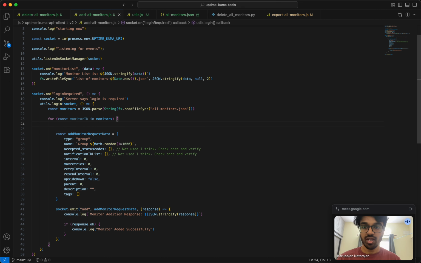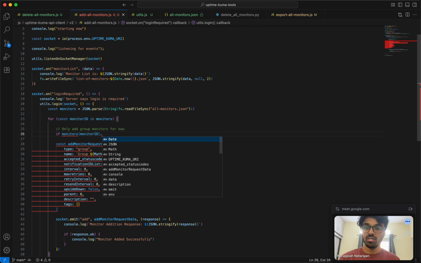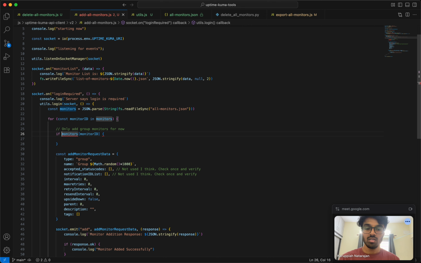So if monitors of monitor ID dot type is equal to group, is not equal to group, then it will just continue, right? Continue. Okay, then it will be type group, and then this is the group name. Maybe I'll just give the name itself, which is I'll give the monitor itself. So I'll just say monitor is equal to this. Oops, this points to this. Monitor dot type. Here it will just be like monitor dot name,